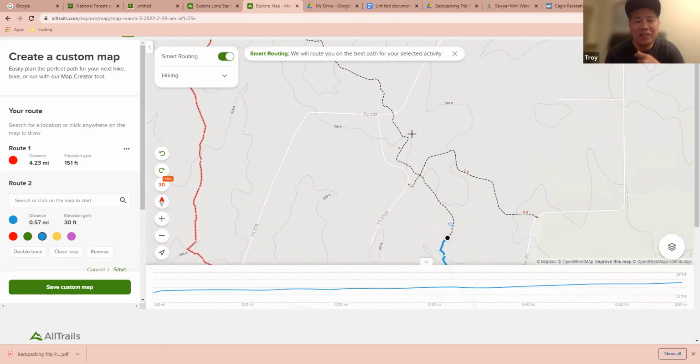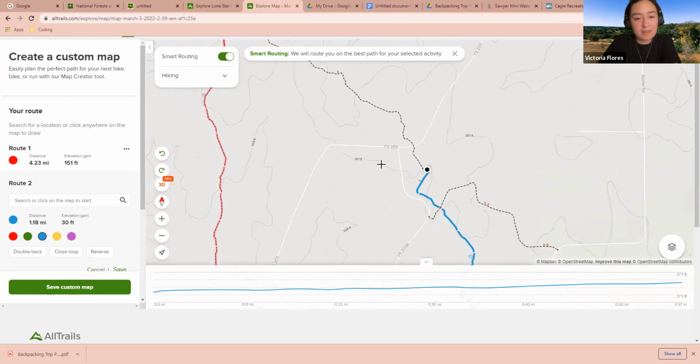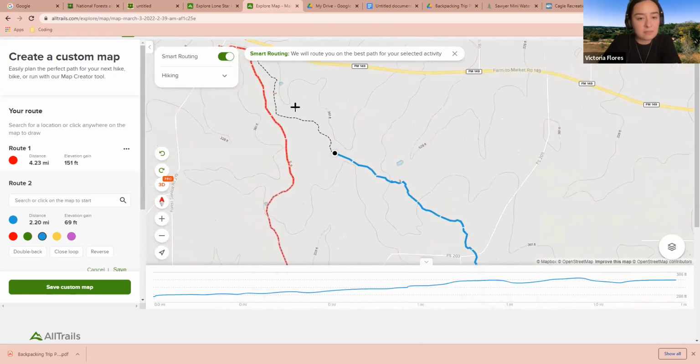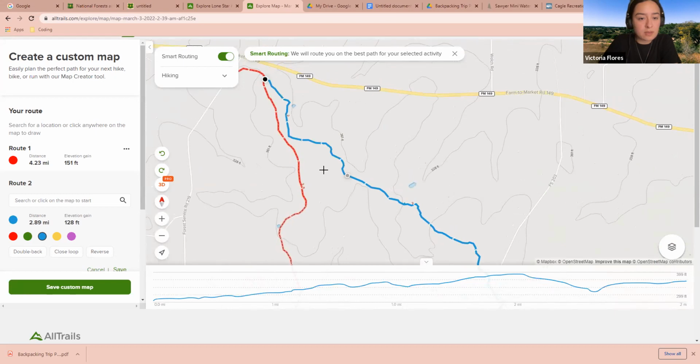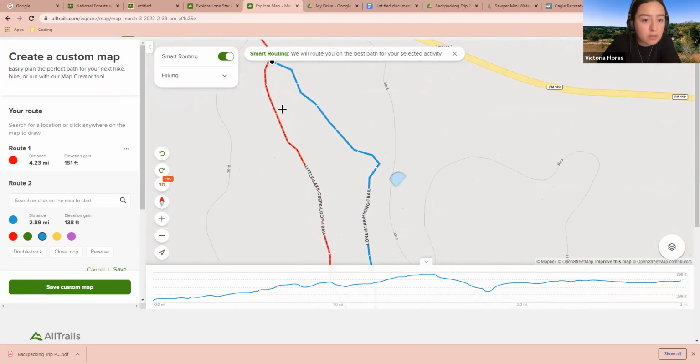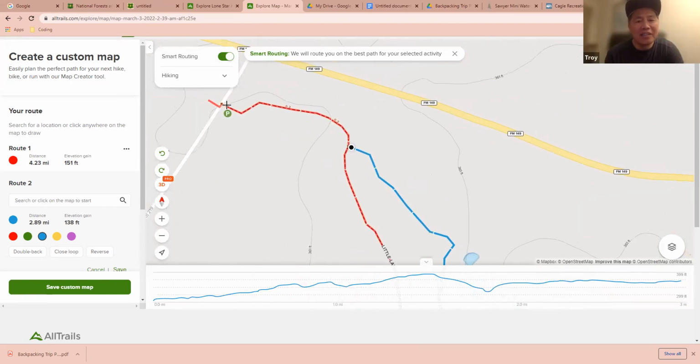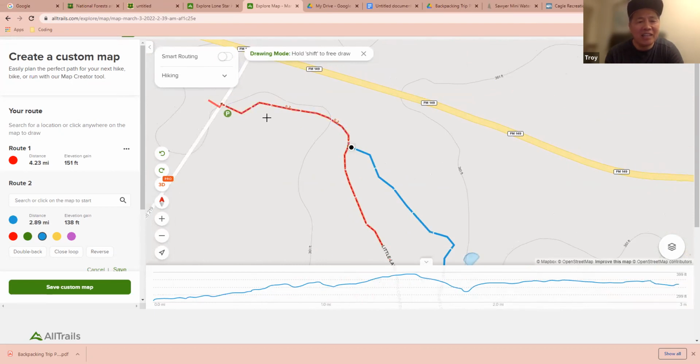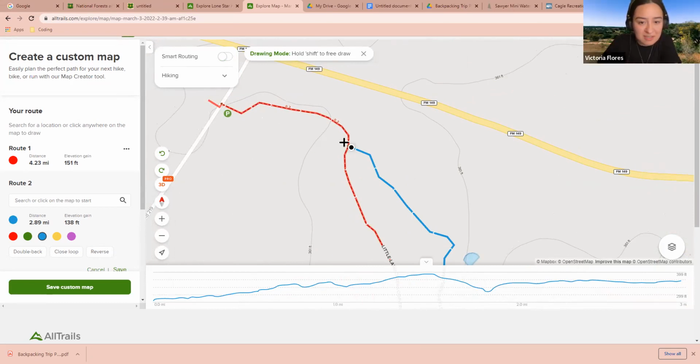So now she's mapping out her day 2 hike. Day 2, yeah. And let's try to get it as close as possible to where we started with the red, the closed loop method. Okay, instead of tapping that one, go reverse out of that if you can. To the left, those little reverse arrows on the map. Okay, there. And then you see under Route 2, where it has those colors, it has double back, closed loop, or reverse. Just tap on the closed loop.